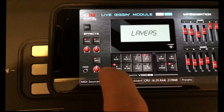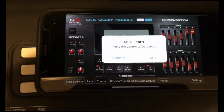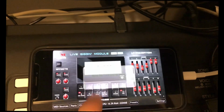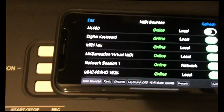Let's see if I can get it to work here. Hold it down. And it says MIDI learn. And then you would move your fader or whatever on here to program it, and it learns it. And so anytime you come back in, and I'll show you, if you go to MIDI sources here, you can